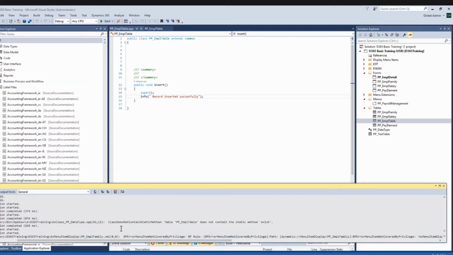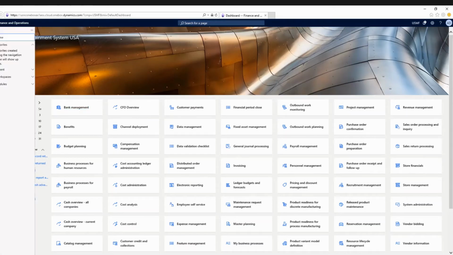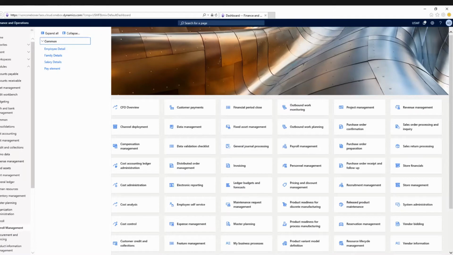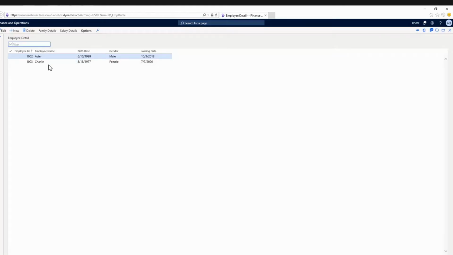So build is successful. Let me open the browser for Dynamics AX. So this is the browser. I will open my payroll management module. Last time we saw how to create this menu and how to add it here. Now I will open my employee detail form. Here let me enter one record.